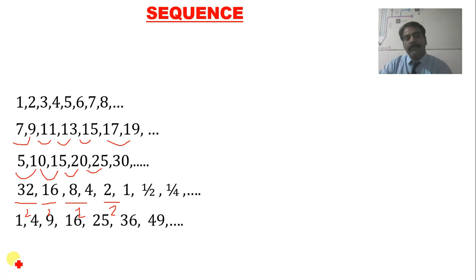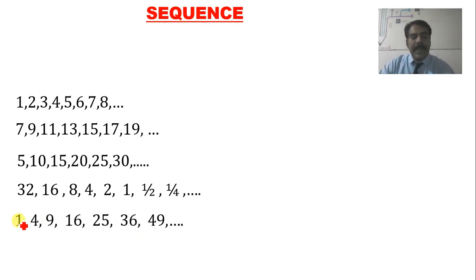We will see these numbers: 1, 4, 9, 16, 25, 36 and 49. In this example, 1 square is 1, 2 square is 4, 3 square is 9, 4 square is 16 and so on. So students, there is also a pattern hidden in these numbers, and that is they all are squares